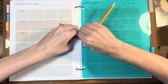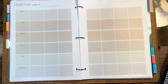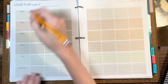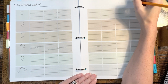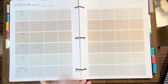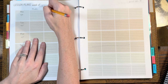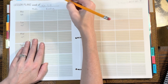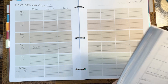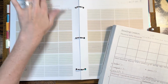Oops, I need some more pages. Grade 4. Will. Grade 4. Okay, that's this week. So he has every day math, reading, writing. I was thinking, writing, I feel like I might make it easier since I have separate pages, but